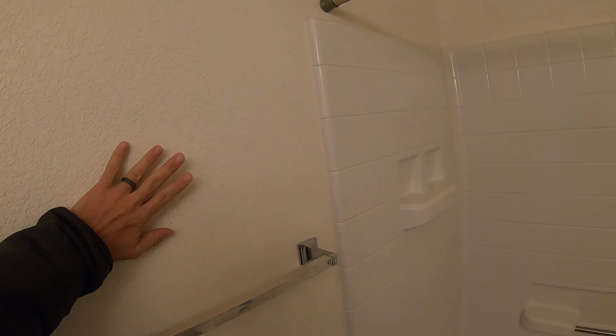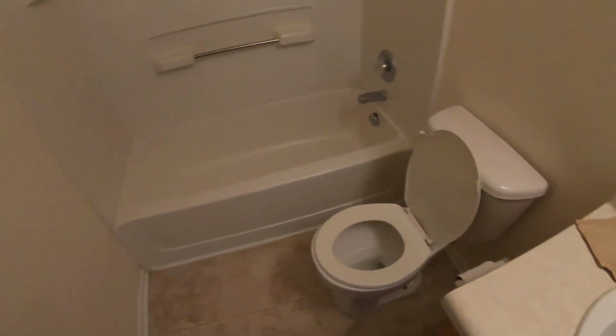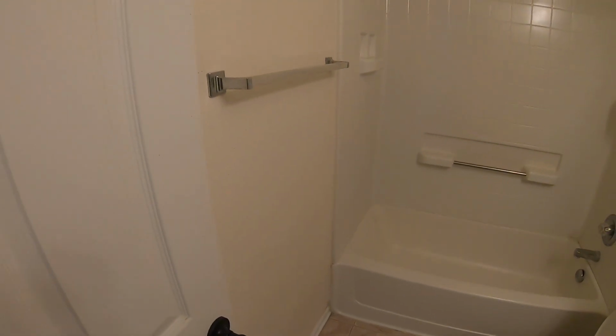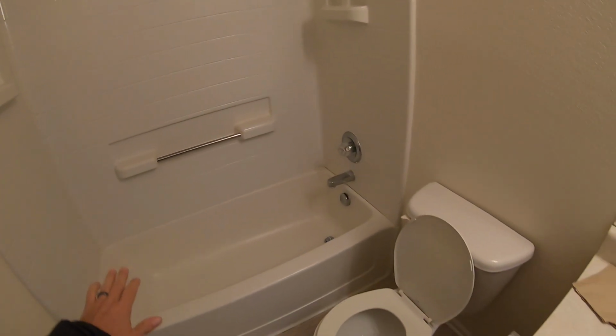So these walls are off-white. They're like a yellowish color. This looks white, but it's not going to look white when we put it next to freshly painted trim and doors. Even from this angle, you can kind of see this is white, that's a yellowed color. So to make this look nice and not spend very much money, because I don't want to do the tile and everything, we're going to,